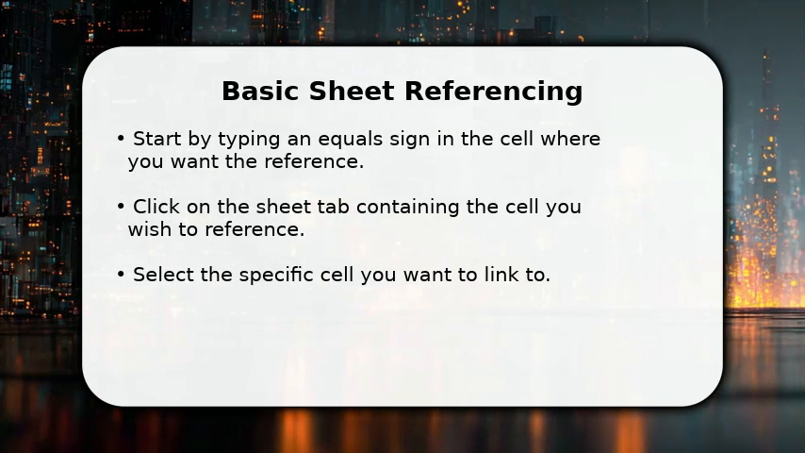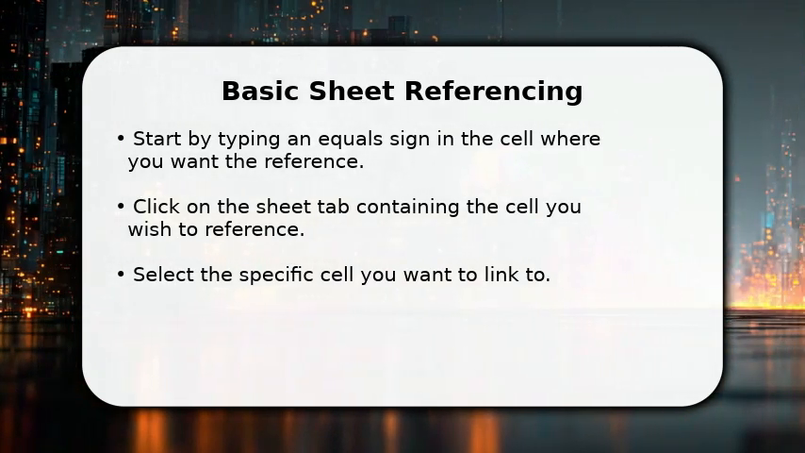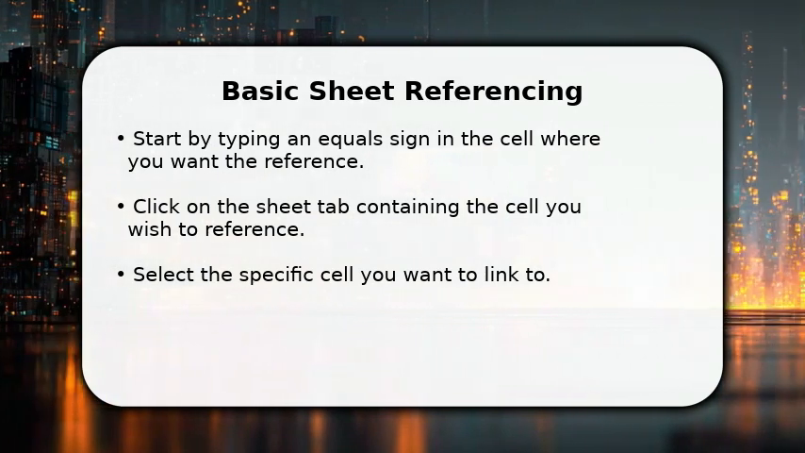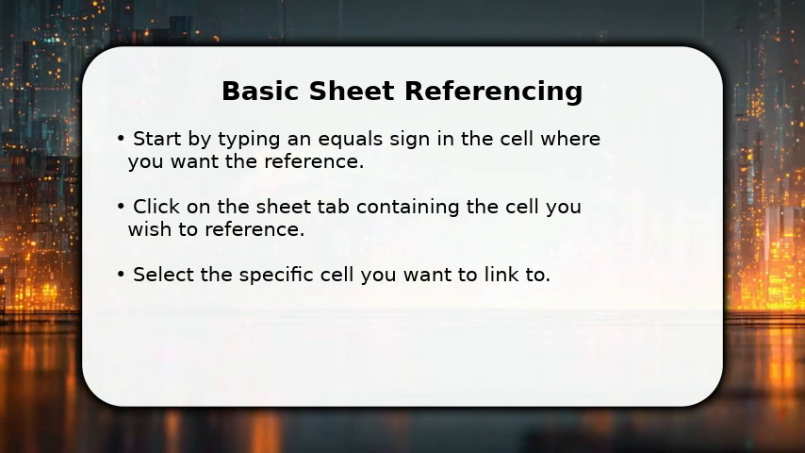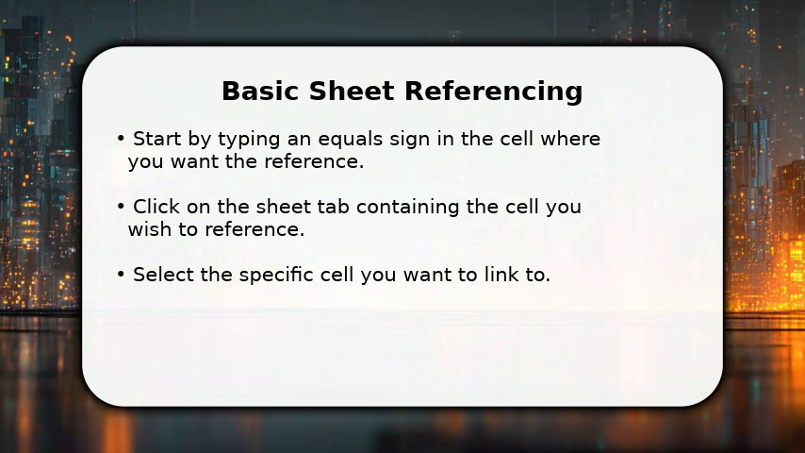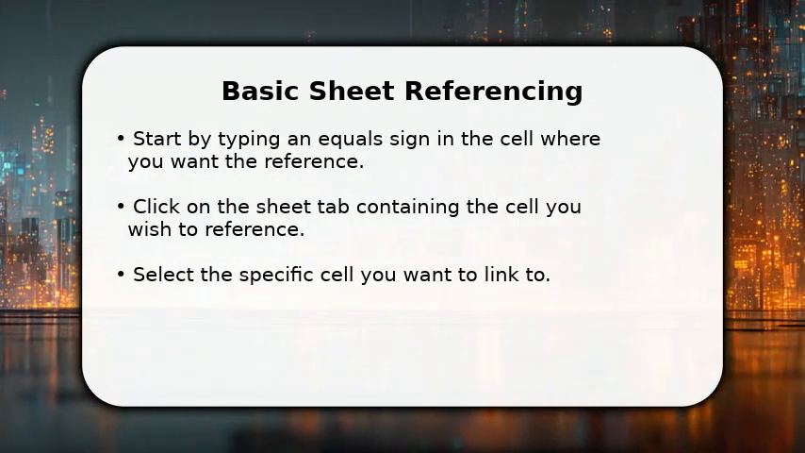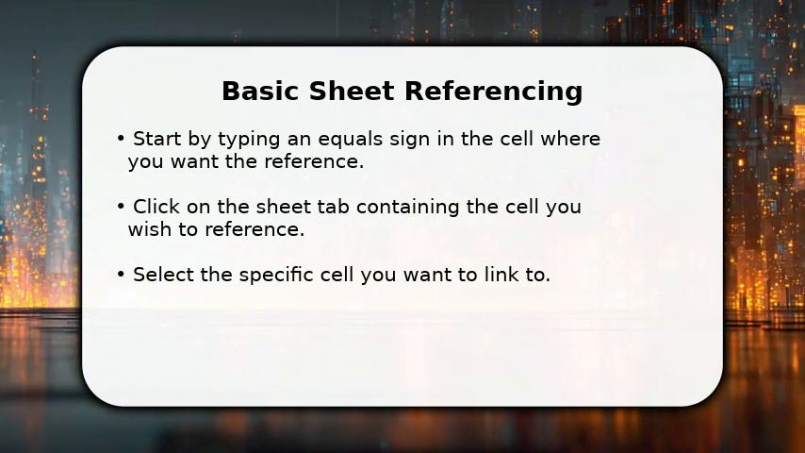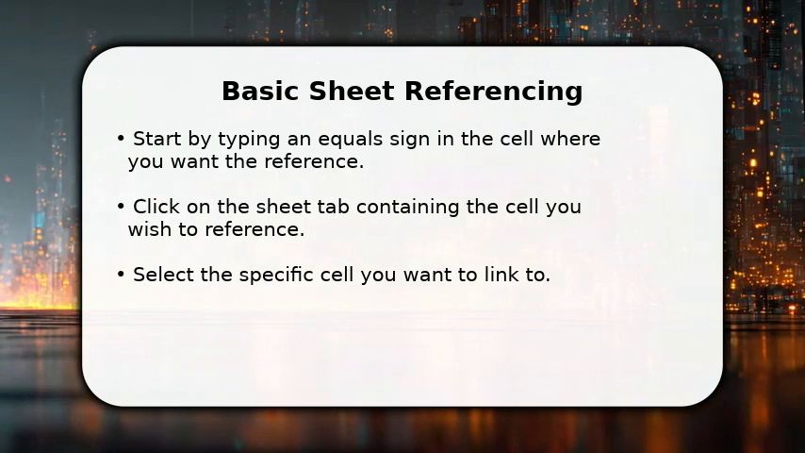Enjoy the video. In this video, I will explain how to reference a cell in Excel from another sheet. To begin, simply type an equals sign in the cell where you want your reference to appear. Next, click on the tab of the sheet that contains the data you wish to link. Then, select the exact cell you want to reference. Finally, press the Enter key, and Excel will automatically create the correct formula for you, displaying the value from the